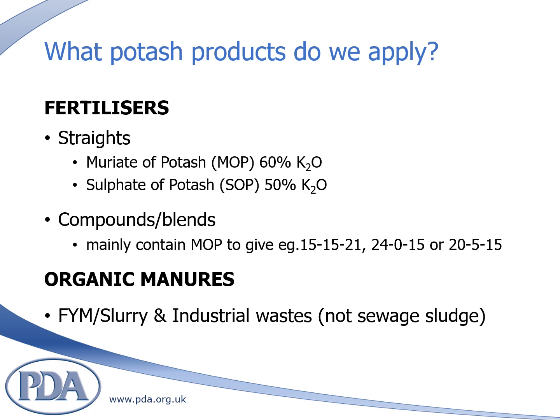It also contains chloride, which is not an issue on broadacre arable crops in the UK as chloride is mobile in soils and the levels of rainfall means it never builds up to toxic levels to cause harm to crops. Potassium can also be supplied as a combination of other nutrients, in compounds or in blends. Compounds contain all the nutrients within the same granule or prill, whereas blends are mixes of typically straight products within the same bag. This is typically MOP for potassium that will be used for these products.